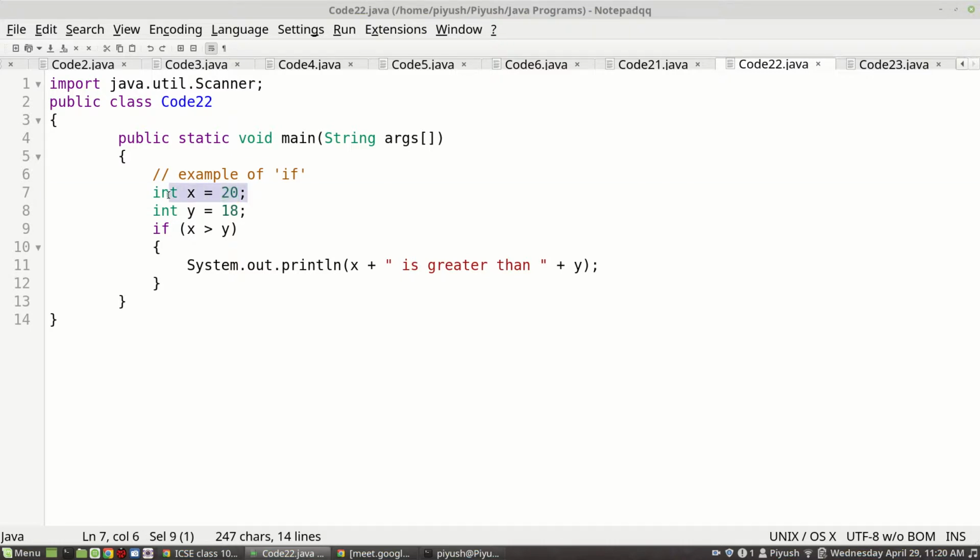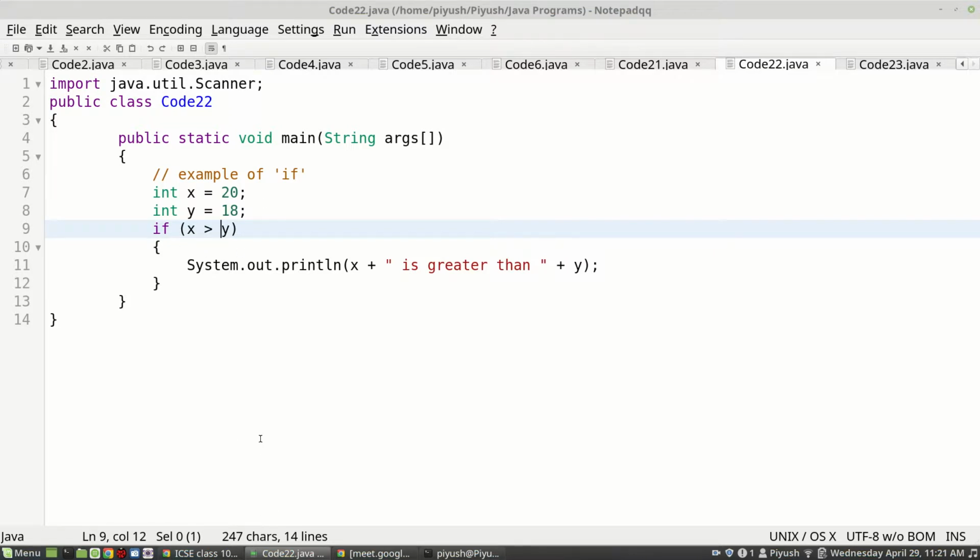Declaration is also known as definition. So declaration and initialization both we are doing in the same line, in both these cases. So the variables are created along with the values in one single line. So x and y now have 20 and 18. Using if, we are going to make a decision whether x is greater than y or not. If it is greater, we will print yes, x is greater than y. So are we not making a decision here? Are we not checking whether x is greater or y is greater? Yes, we are checking using if.